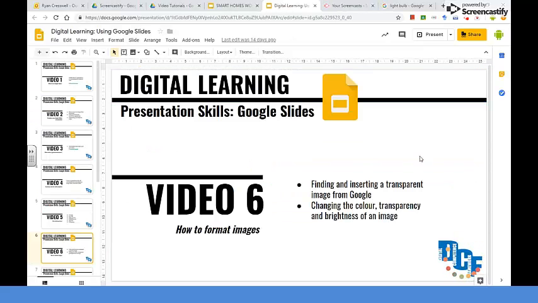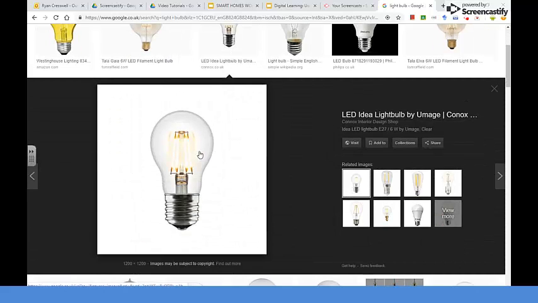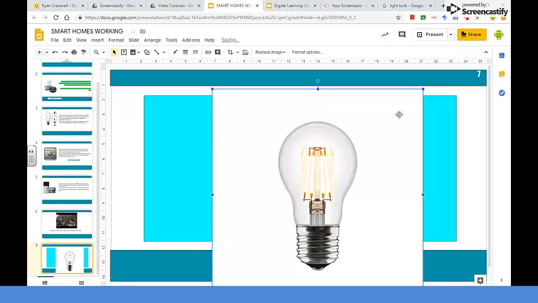In this video, we're going to be looking at formatting images. So first of all, we're going to be finding and inserting a transparent image from Google, and then changing the color, transparency, and the brightness of an image. So if I go to Google and I type in light bulb, which is the image that I want, if I click on an image here, I right-click, copy the image, as we normally do, and I'm going to paste it, Control-V,